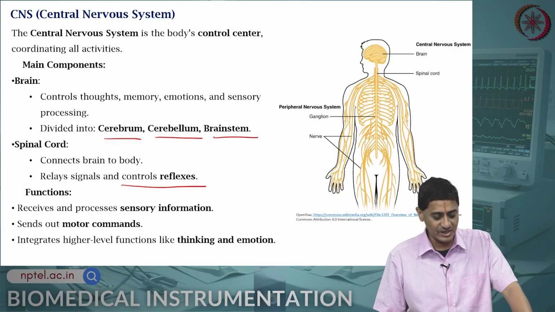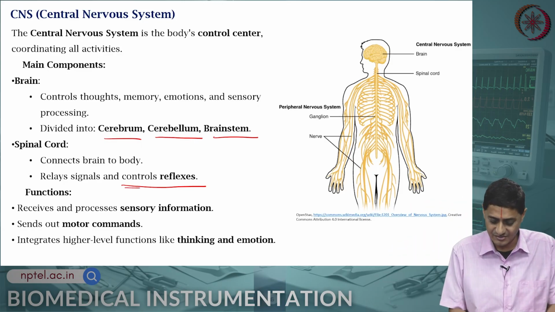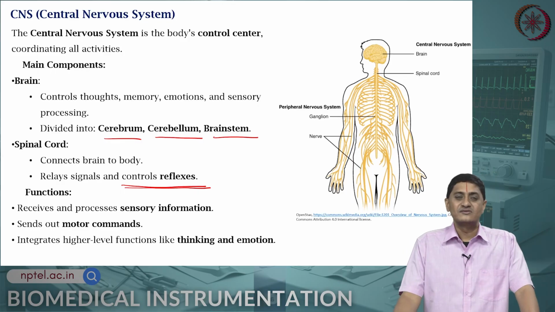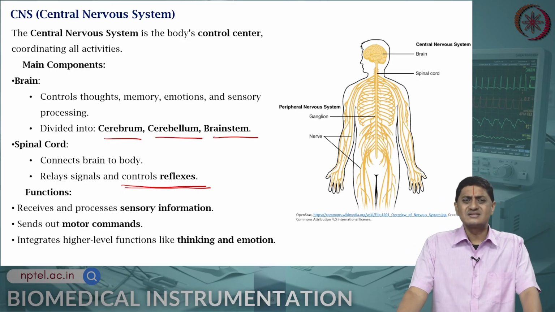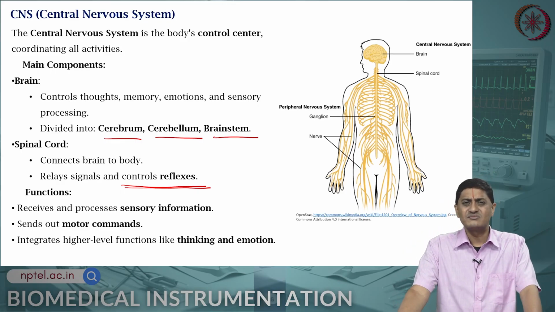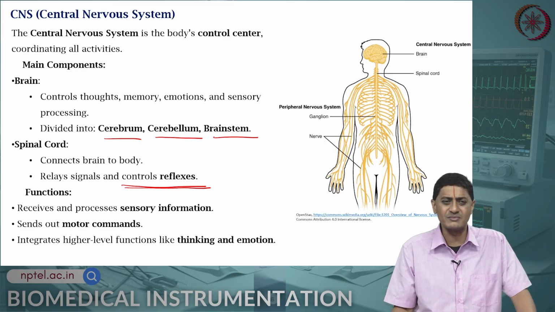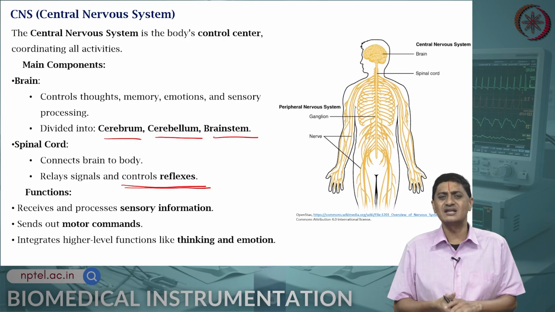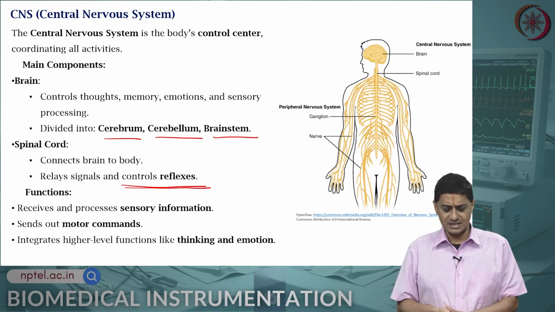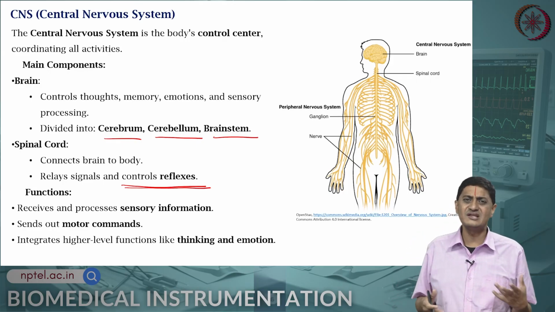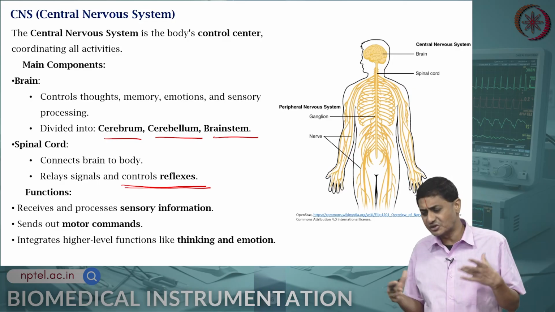Reflexes are controlled primarily through the spinal cord. Remember this. So, together, the central nervous system receives and processes sensory information, then sends out appropriate motor commands, and then it integrates higher level functions like thinking, emotion, feeling, decision making, executive control, so